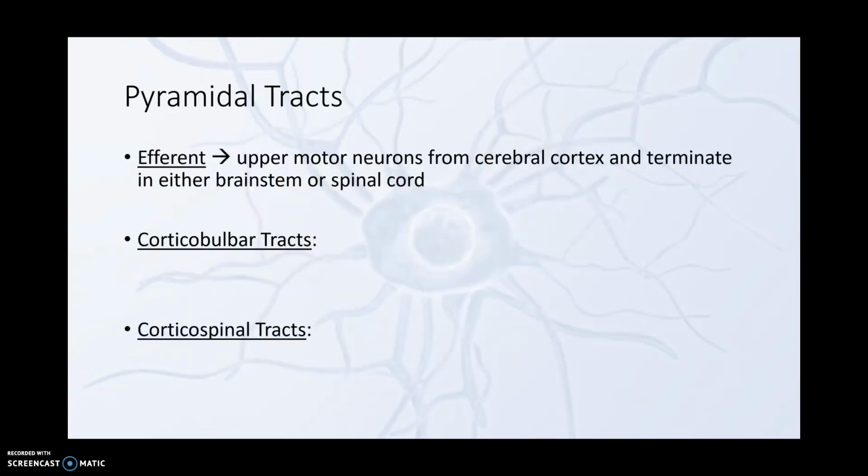Sorry. And our next one is our corticospinal tracts. This is a white matter motor pathway starting at the cortex that terminates on motor neurons and interneurons within the spinal cord. So this controls movements of the limbs and trunk. There are more than 1 million neurons in the corticospinal tract, and they become myelinated usually within the first 2